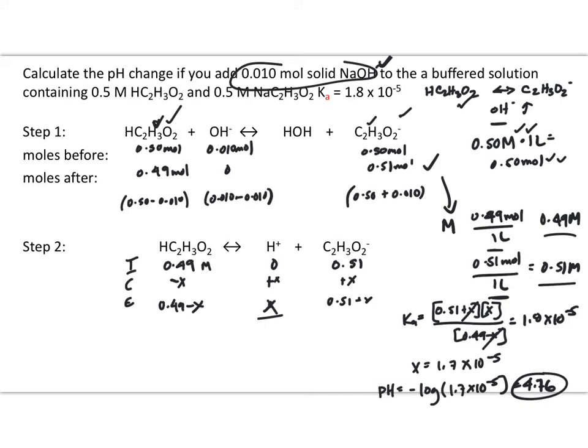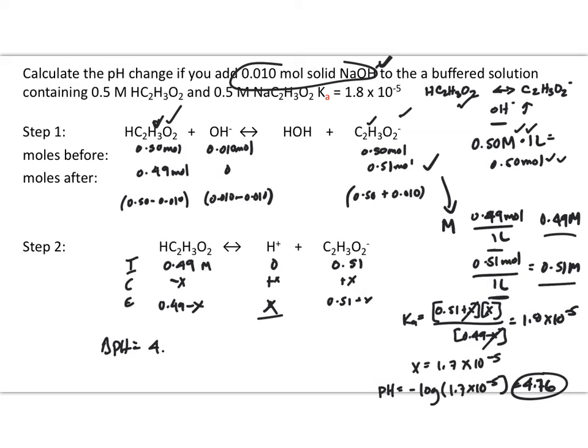Now recall the pH of the previous problem we did, the buffered solution by itself, was 4.74. So if we want to calculate the change in pH that has occurred after the addition of the hydroxide ion to the buffered solution,